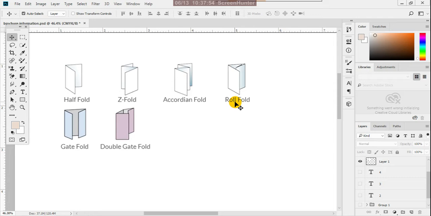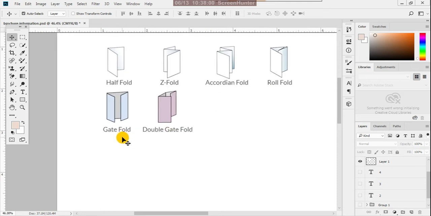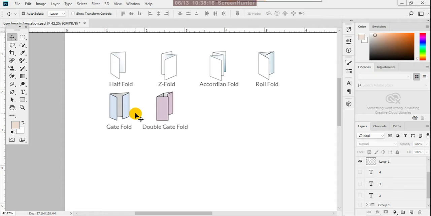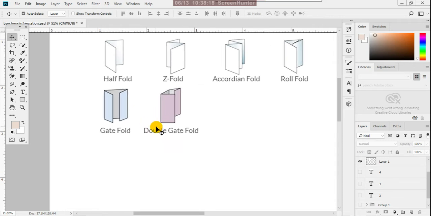This is a roll fold, you can roll it. And this is a gate fold, it looks like a gate: when you open two gates, left and right, then you can close them. Two sides fold in, so that is the reason we call it a gate fold brochure. The same way here, double gate fold.